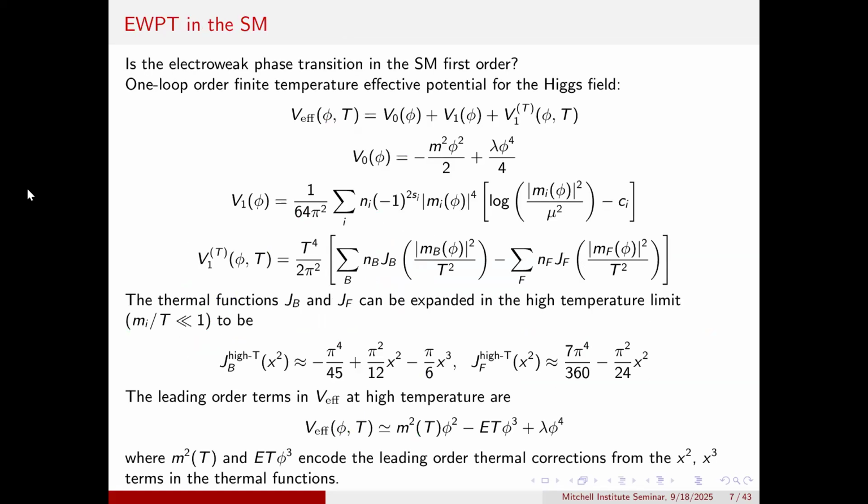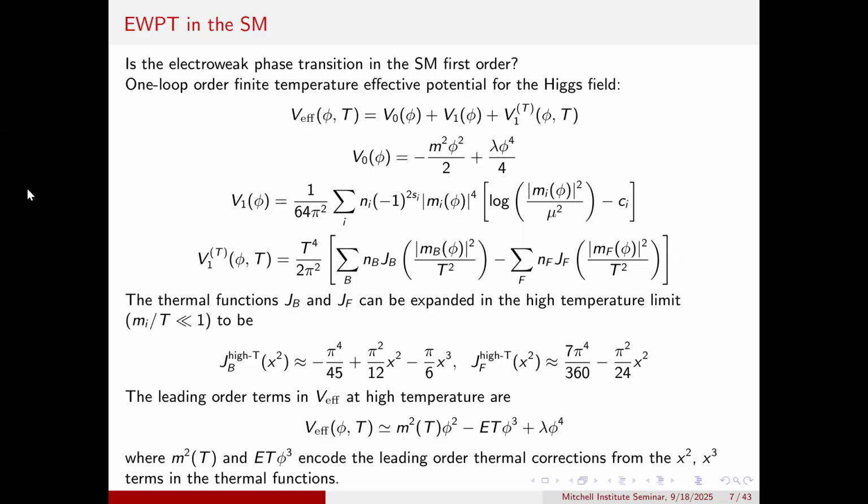Okay, so now again, we want to check whether the standard model would give us a first order phase transition, because we know we are now in the vacuum where the Higgs vev is non-zero. If we assume SU(2) is restored in the early universe, there must be a phase transition somewhere in the evolution of the universe. We just want to know if this is first order in the standard model.